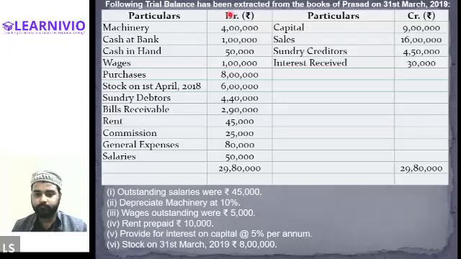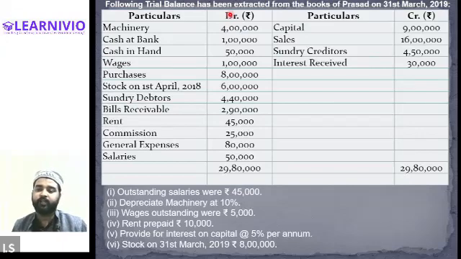Yes, sir. Clear. Then on the credit side of the trial balance, we have capital. So capital is what? Capital should be recorded in the balance sheet liability side. Please write it down. Capital 9 lakh in the credit side of the balance sheet. And don't write it in the final column of the liability. You will write it within the final column of the liability, because we have to adjust it with the drawings as well as with the profit that will be carried forward from the profit and loss account. So capital 9 lakh.